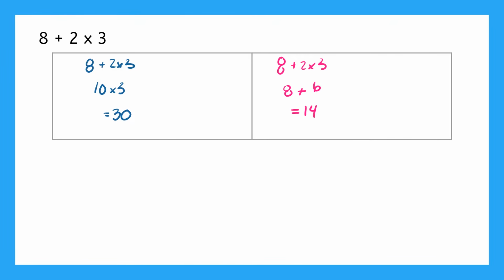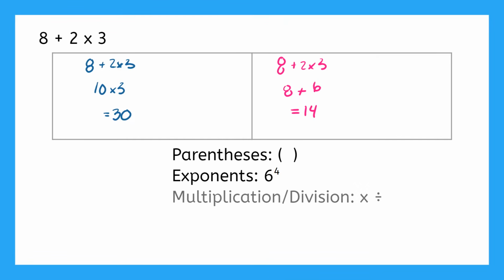calculations. The order of operations goes parentheses, so you do what's inside the parentheses first, then exponents. Probably you don't know what exponents are yet, and that's okay. We aren't going to need them in this lesson. And then we have multiplication and division, and they're on the same level or the same priority. And lastly, we have addition and subtraction, and those are also on the same level or they're the same priority